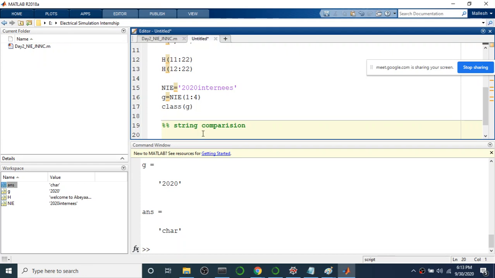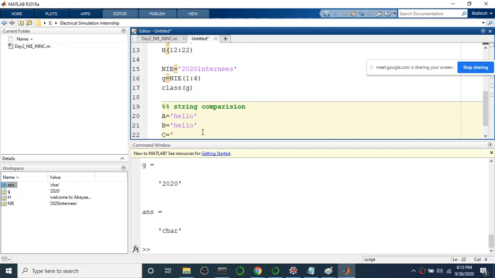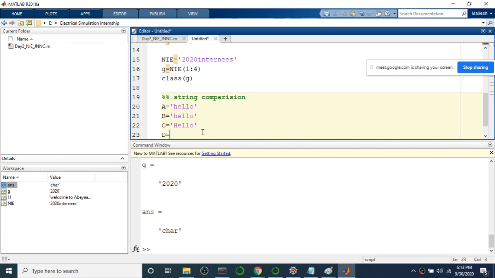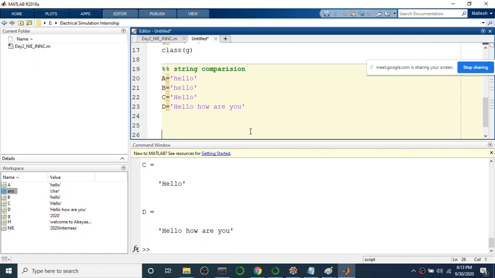So like if I'm having a string a equal to "hello", b equal to another variable "hello", and c equal to capital "Hello", and d equal to "hello, how are you?". So these are the 4 variables I'm taking, a, b, c, d. I executed them.